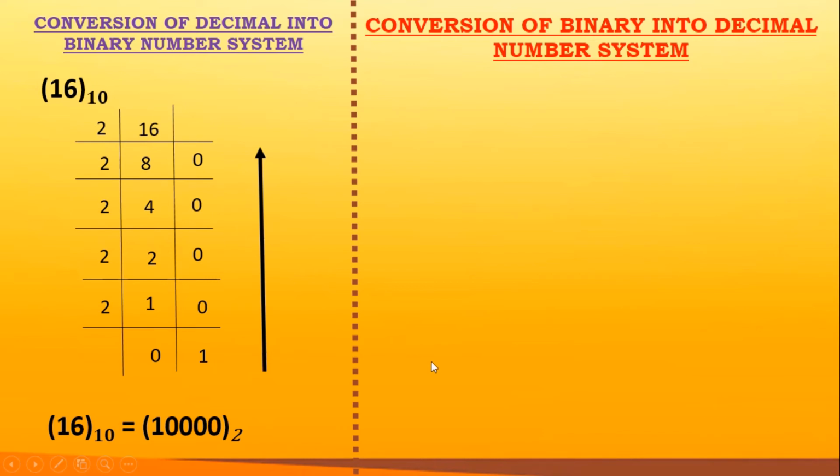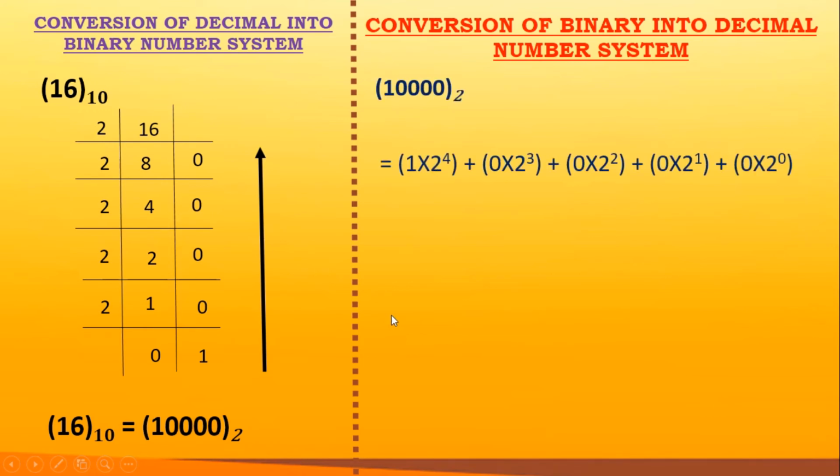So let's understand, let's convert this binary number into a decimal number. So here I have written the binary number. Here let's multiply each binary digit with 2. So again 1 multiplied by 2, 0 multiplied by 2, then again 0, 0, 0 multiplied by 2, and we'll start giving the power from the right side. Here 0, then 1, then 2, then 3 and 4.